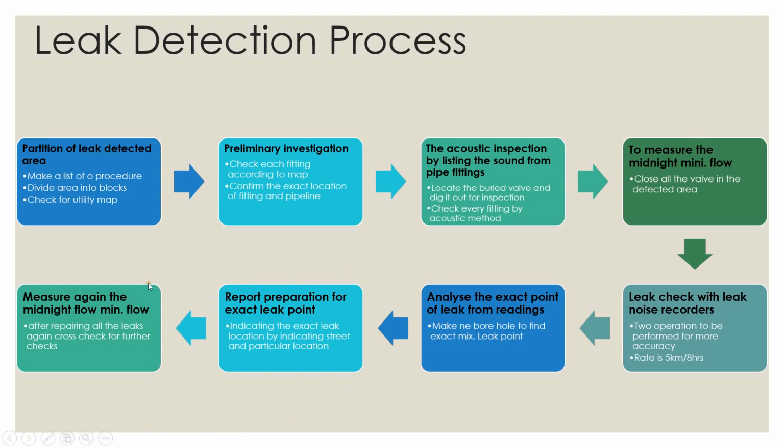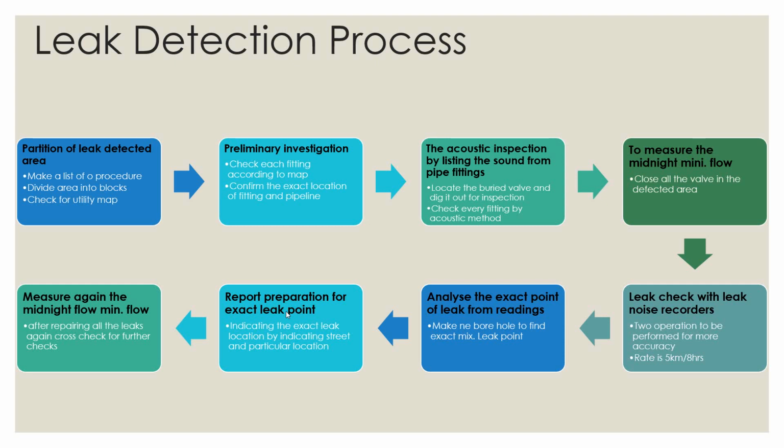Okay, and the last step you are going to follow for leak detection is to measure the midnight flow again. Now what does measure again mean? After checking the particular pipeline, you are going to provide a solution, or repair that particular problem in that pipeline. After giving the solution, or after identifying the problematic area and putting some guideline in place for the corrections of that pipeline, after applying such corrections, again you need to go for the actual reading at night.